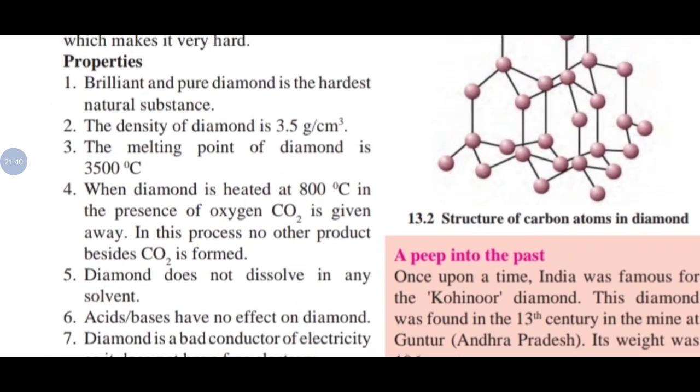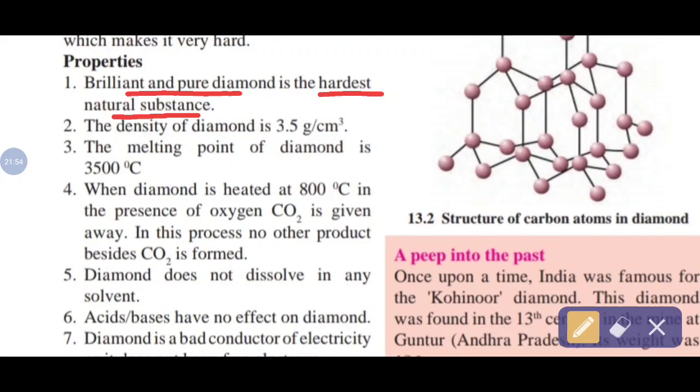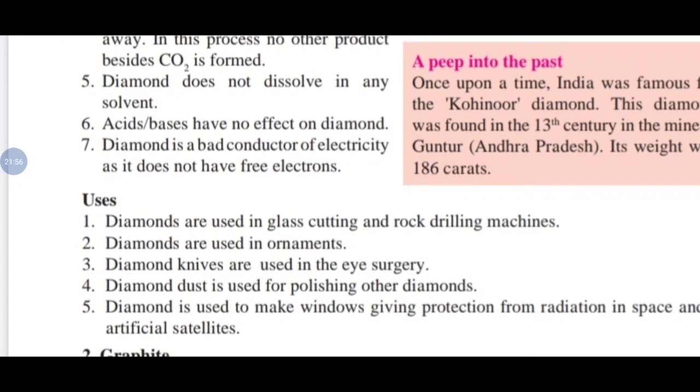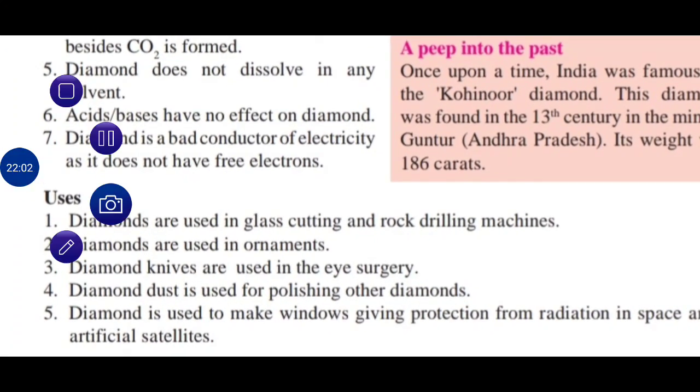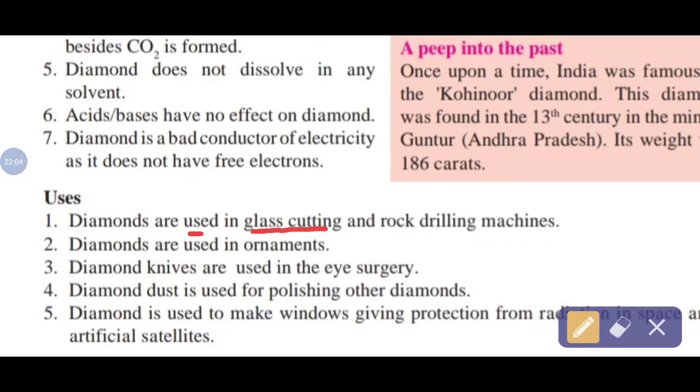Is this right? Check the first property now. Check that. Brilliant and pure diamond is the hardest natural substance, and that's why that is very important. First use is given here: diamonds are used in glass cutting and rock drilling machines. Now second, diamonds are used in ornaments. All are knowing that. Third one, diamond knives are used in eye surgery